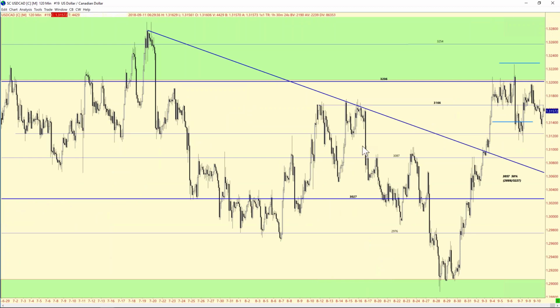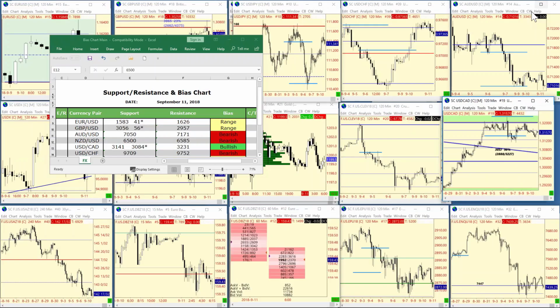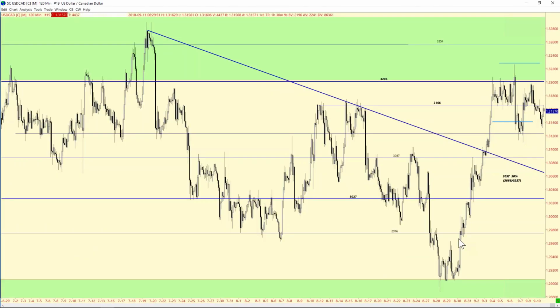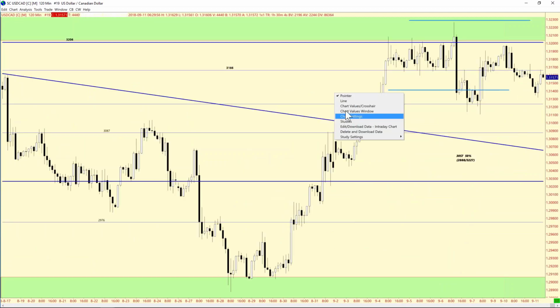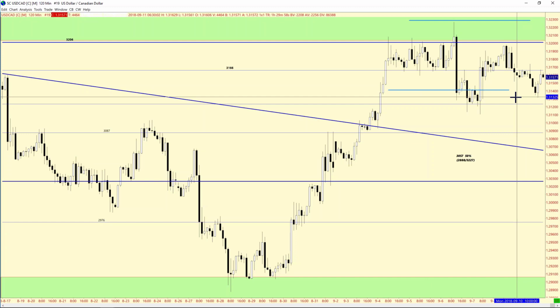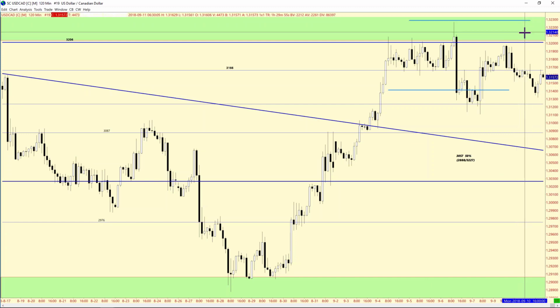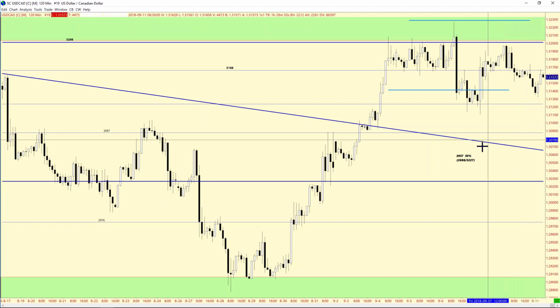So we're looking here on an intraday basis at the dollar CAD. You can see we're really in a very, very tight range. Here was our support from yesterday, 31.41, and that held up very well. The low so far, 31.32. We didn't push up here in these upper 32s. So you can see we're trading in a very, very tight range.